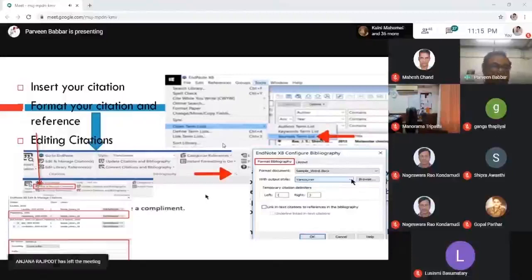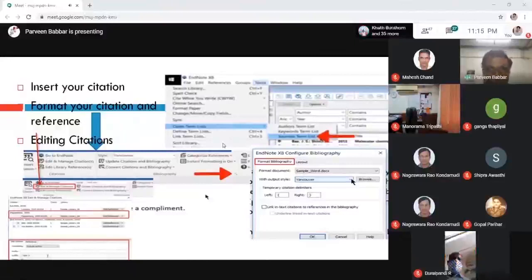For example, if you are using the APA style and your APA style has a text citation with a year and the author's surname, but where you are sending your paper, they say you should mention the page number within this, then you can edit and customize it.